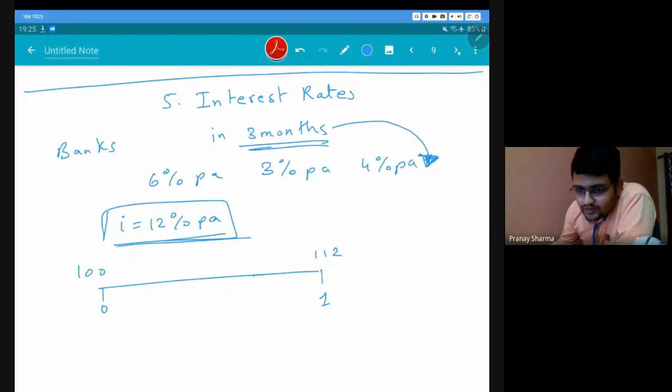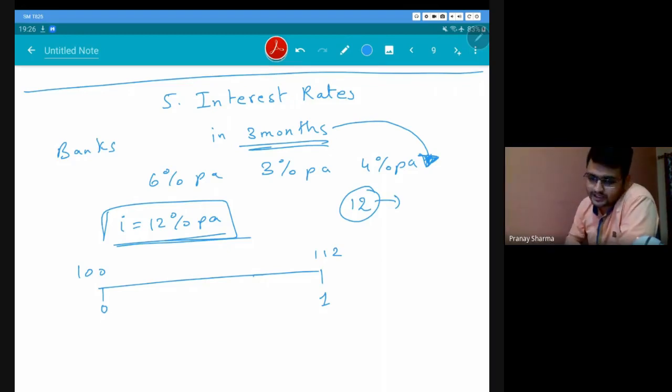If we get more income in the form of interest and pay more as income tax, what profit do we have in this? Now see, your income tax will be a percentage of your income. So let's say you are paying 30% tax and you are getting 12% as income. So 30% will be applied on the 12%. So you will be paying tax only on the 12 rupees that you got. So 12 rupees was your interest, not the whole 112 rupees. So you will be paying taxes on this 12 rupees. 30% of 12 rupees, whatever that might be, would be your tax.